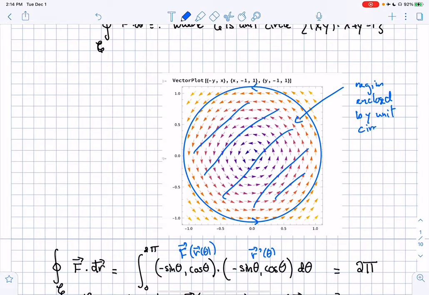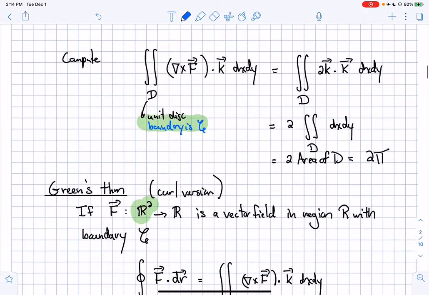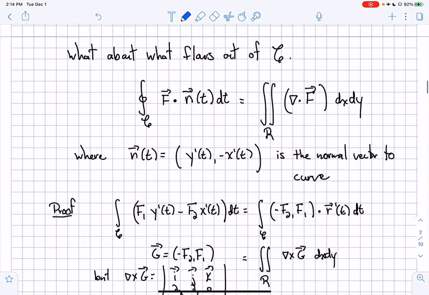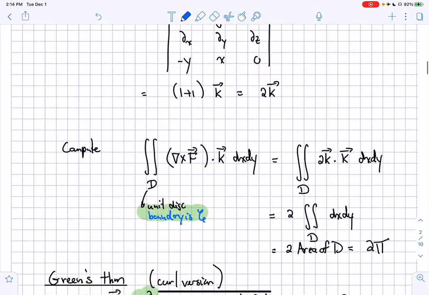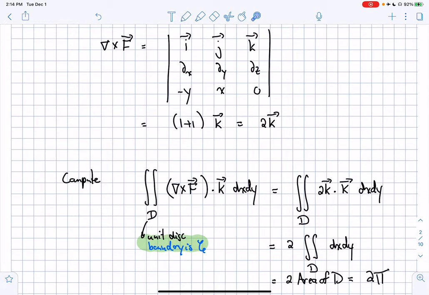So that's my region of integration. Very good. Okay, now I plug everything in. So region D, that's a disk. Here I get 2k dot curl, so that's going to give me 2, and the dx dy is just the dx dy. So at the end of the day, this double integral is simply 2, the double integral